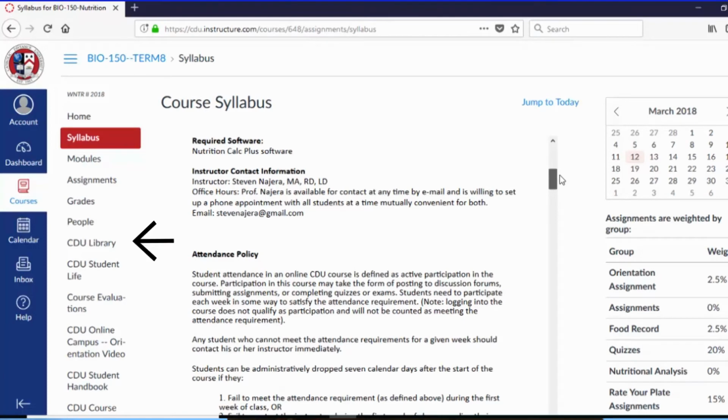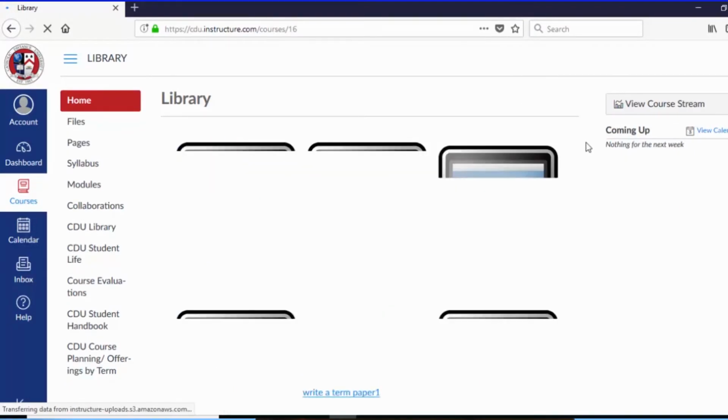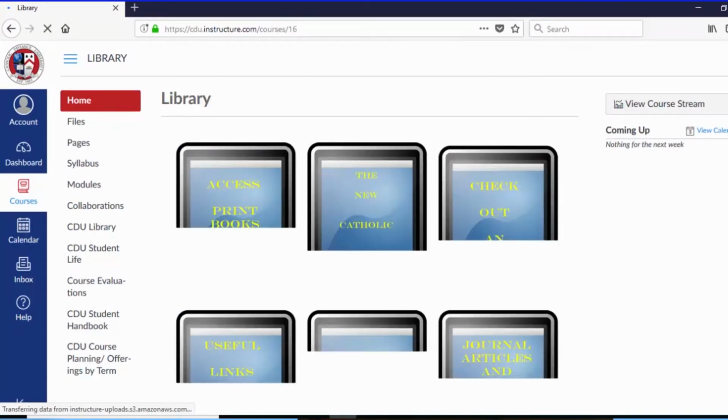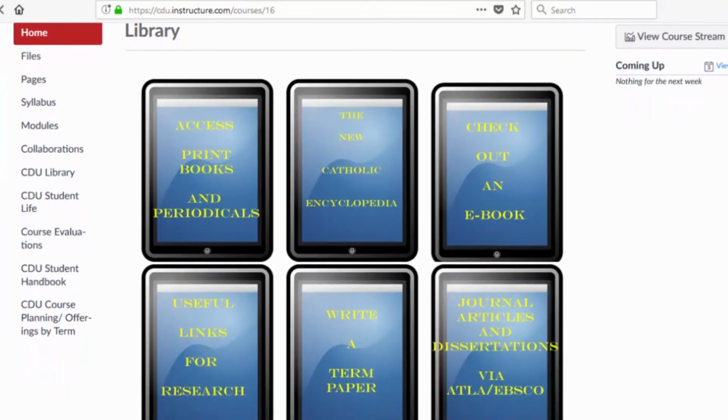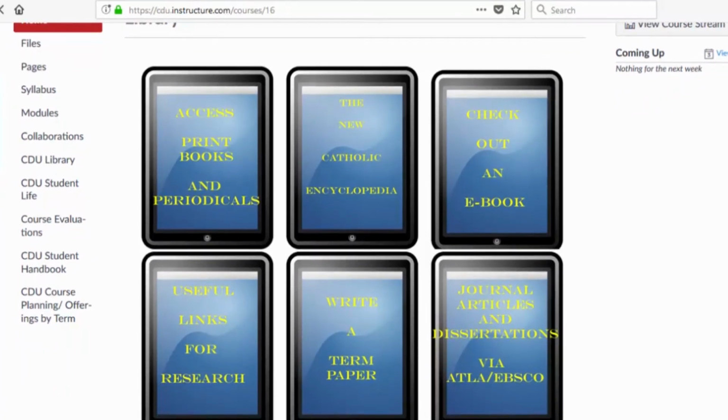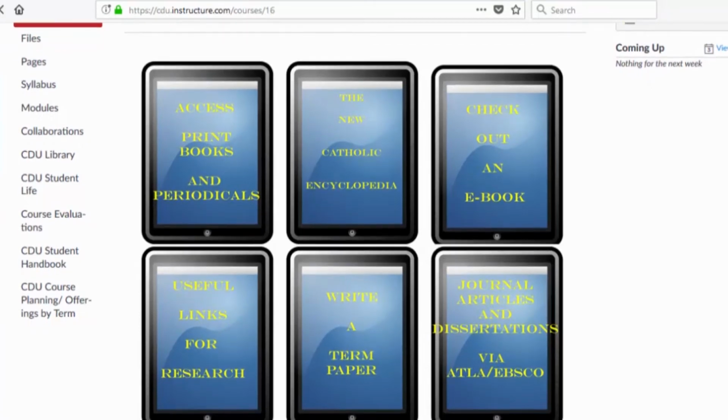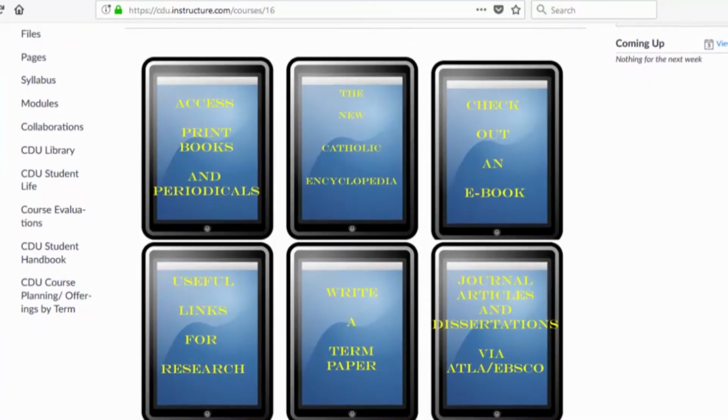Okay, well, this is a college course, so you're gonna want to go to the library. And it's easy to do that. You just go to the left navigation bar and click Library. Here we have a variety of headings that help you locate research sources. Accessing print books, the New Catholic Encyclopedia, which is online, which we have, how to check out an electronic book,